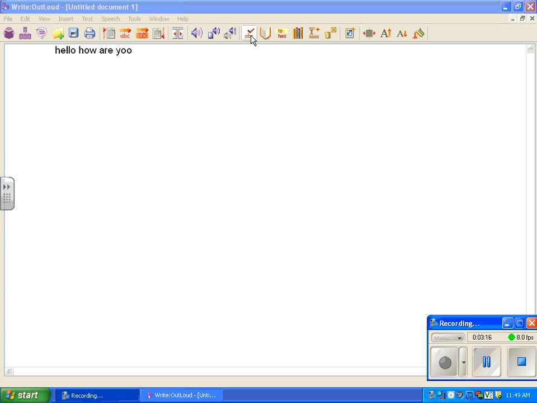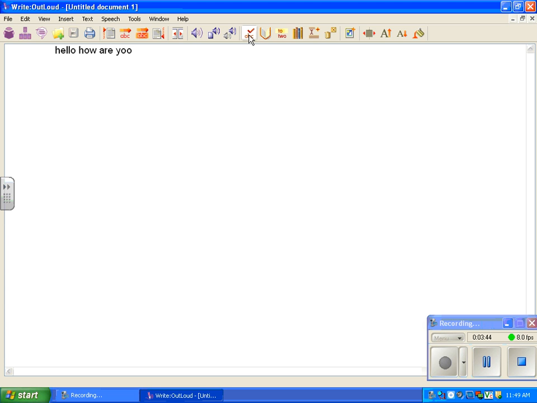The spell checker, as you might expect, is going to catch the misspelled word. This spell checker is unique. If you're familiar with the Franklin spell checkers, the little handheld auditory spell checkers, Don Johnston, the publisher of Write Out Loud, licensed the Franklin spell checking software and dictionary and homonym identifier into this program, which means that it's quite good with misspelled words, with catching phonetic spellings. So I'm going to click on the spell checker button,